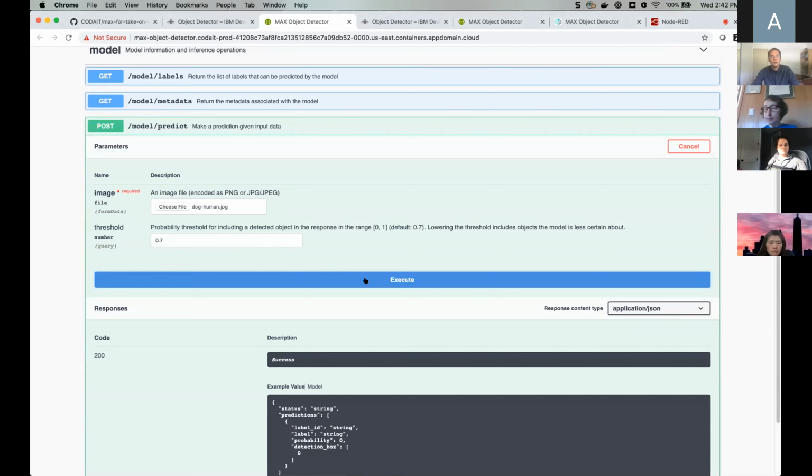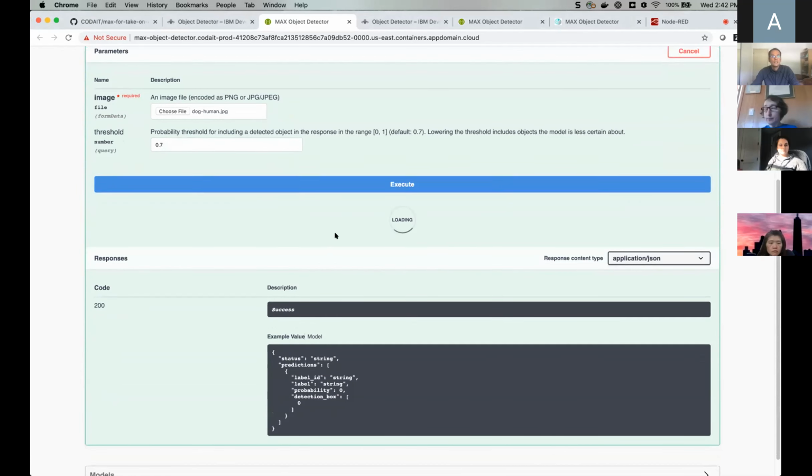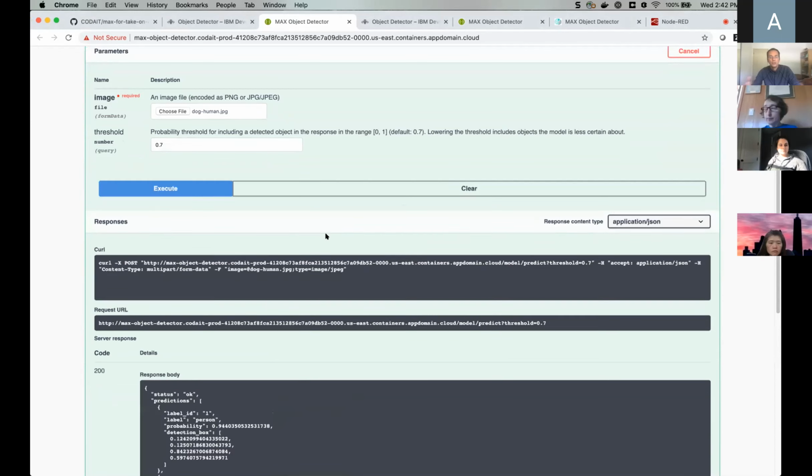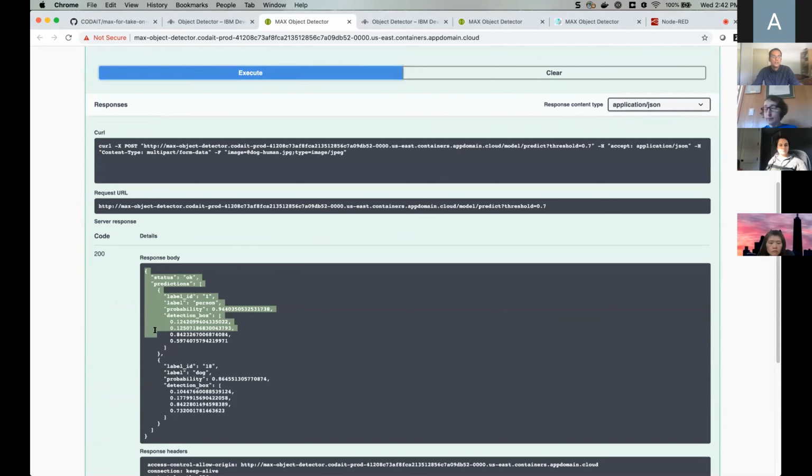Just going to accept the defaults here, clicking execute. What happens is this web page is now calling the service that we have, right? And here on the bottom, you can see the response that this service has generated. And we can see, okay, in this image that I've specified, there were two objects found. One is a person and one is a dog. And in the detection box here, you can see the coordinates within that image that you can then use to